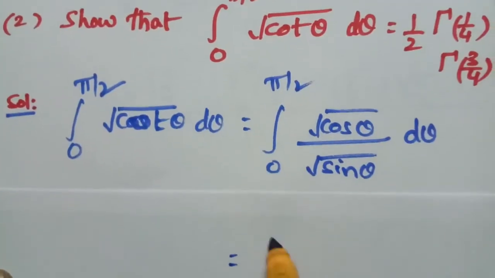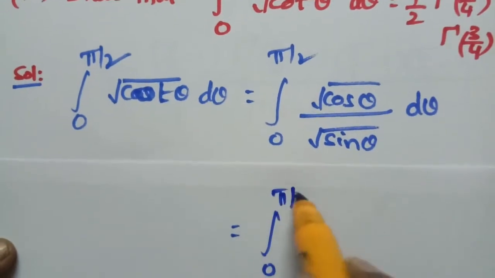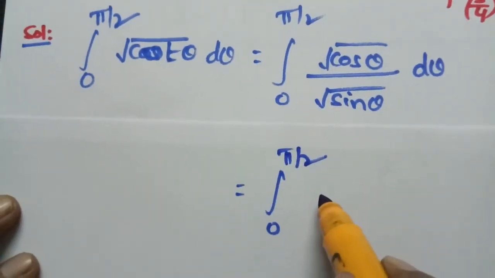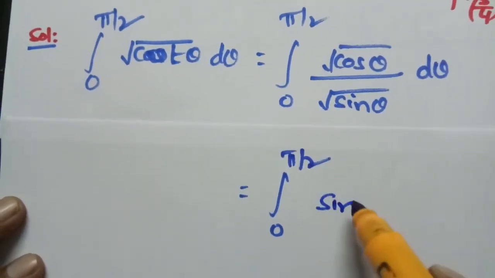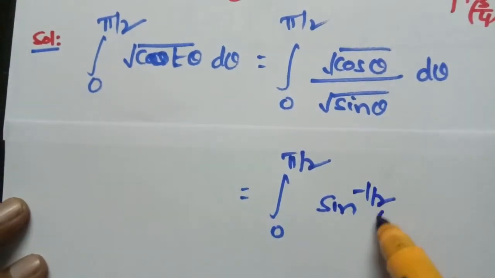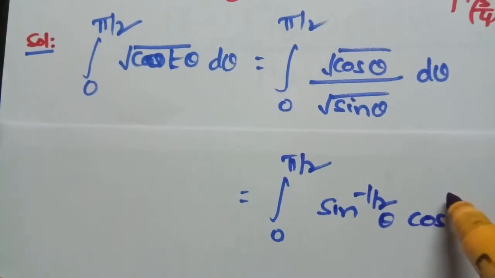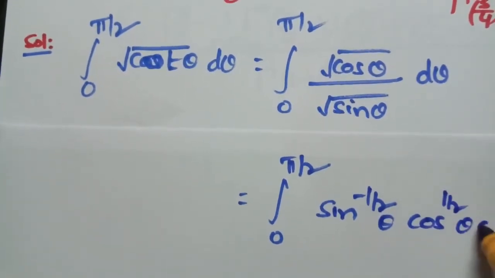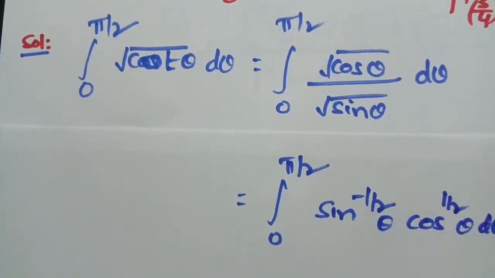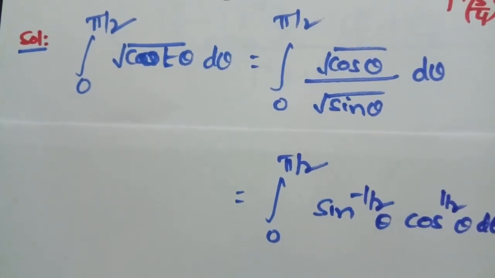Or this can be written as integral 0 to pi by 2, with the square root of sin theta in the numerator, sin to the power of minus 1 by 2 theta cos to the power of 1 by 2 theta into d theta. Just we know that